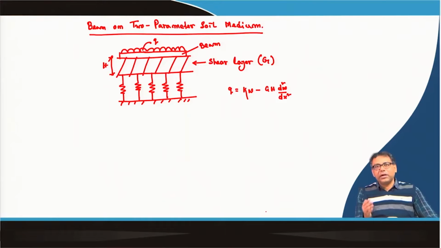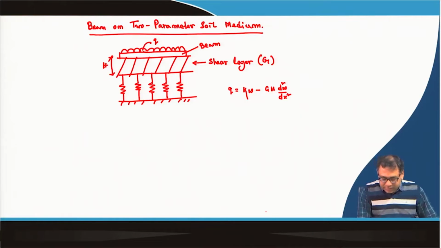Okay, I am talking about the plane strain condition. So this is the expression for the two parameter model, and the expression for the beam equation is EI d4 W